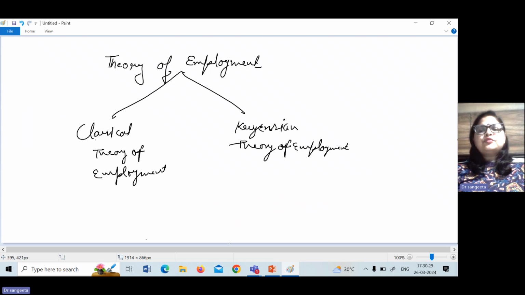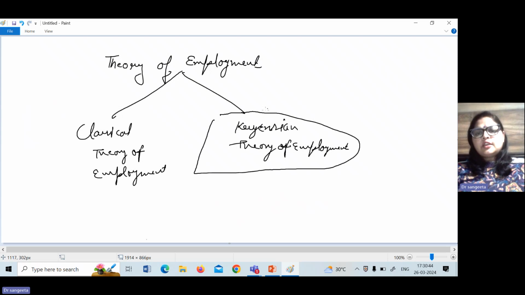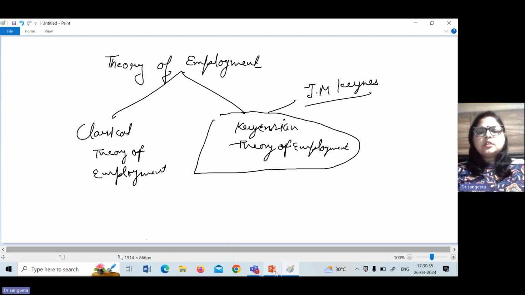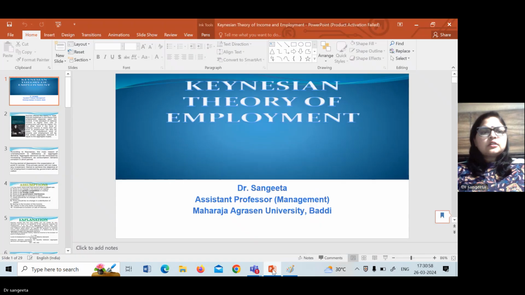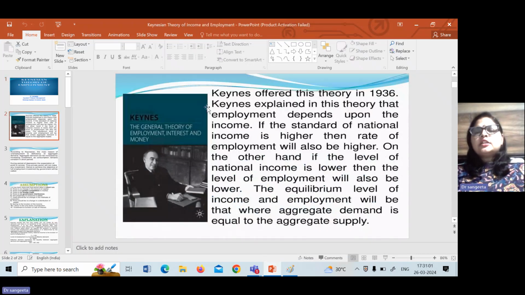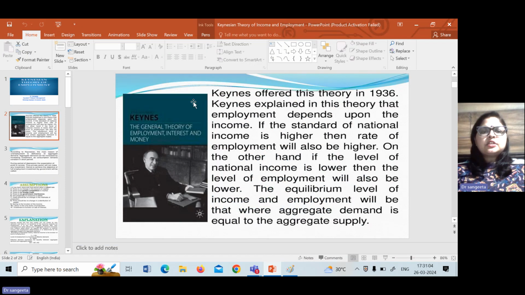As we know, we have two groups of economists. One is classical economist and another is modern economist. So the classical theory of employment was given by the classical economists, and the Keynesian theory was given by J.M. Keynes, who was a British economist and philosopher. In his 1936 book, The General Theory of Employment, Interest and Money, he explained that after the World War and the Great Depression,